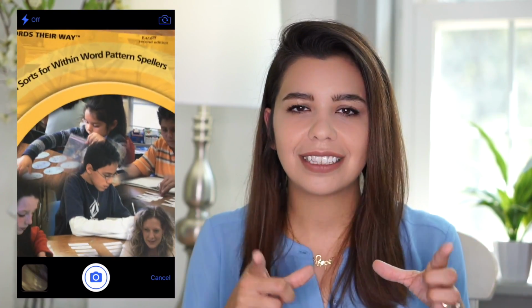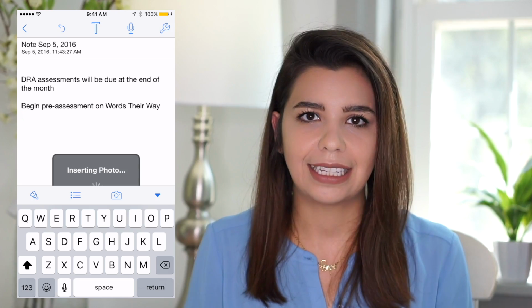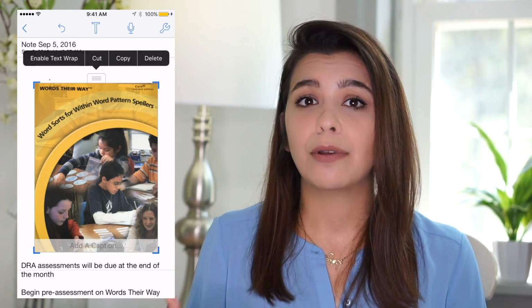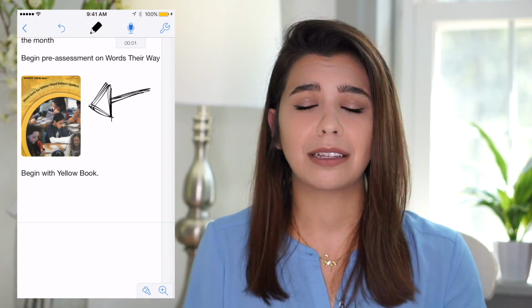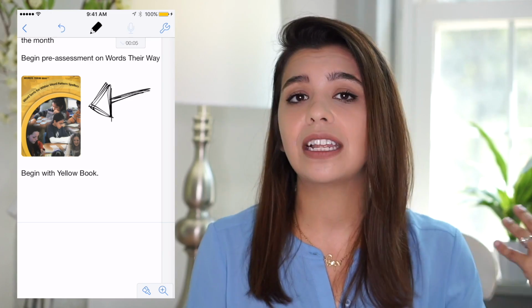through Notability. So what you can do is take a picture of it during your meeting and insert that picture into your notes that you're taking for the meeting that day. Another thing that you can do is add some type of recording, which is phenomenal. So maybe you're listening to your principal, and you want to record it. So you record it and you have it in there and you can save it and listen to it